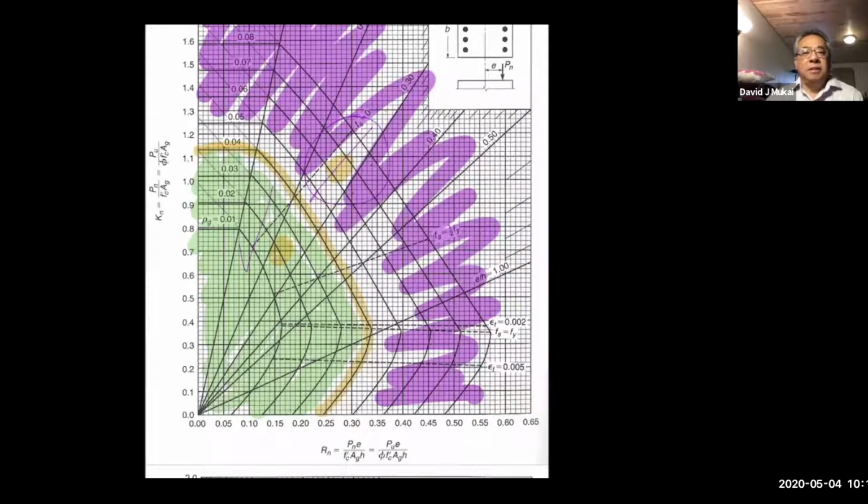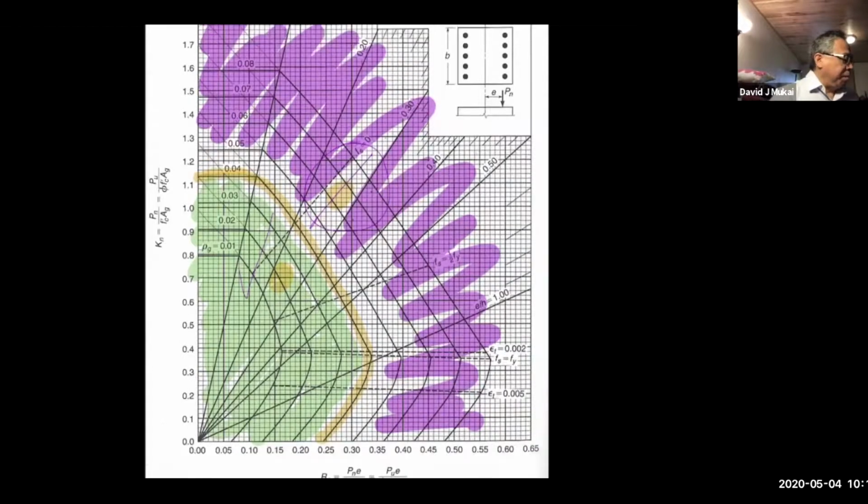Now, to use the graph, however, you have to divide by Ag or Agh. So you need to know the size, but that's the whole point. We don't know the size. So what you have to do, you just have to make a guess and then adjust. Okay, and so if your point